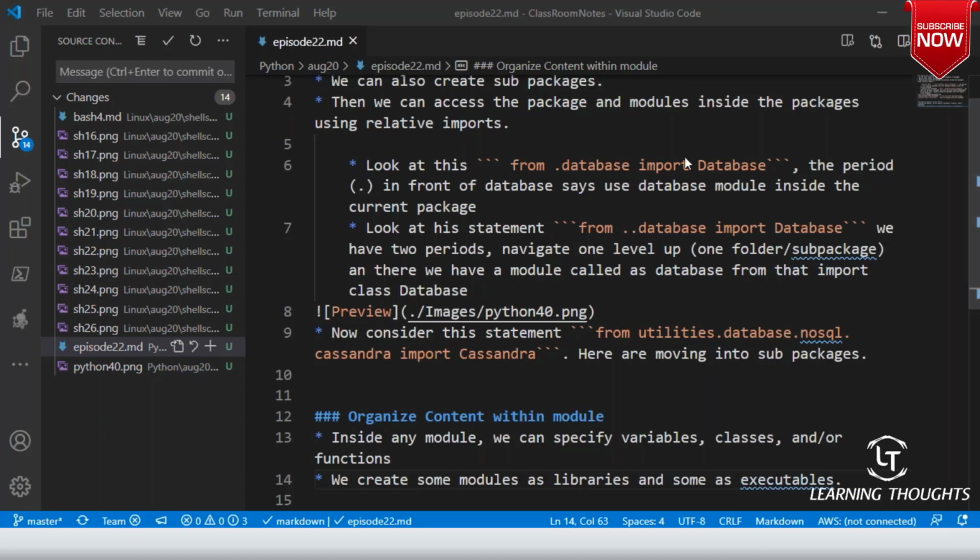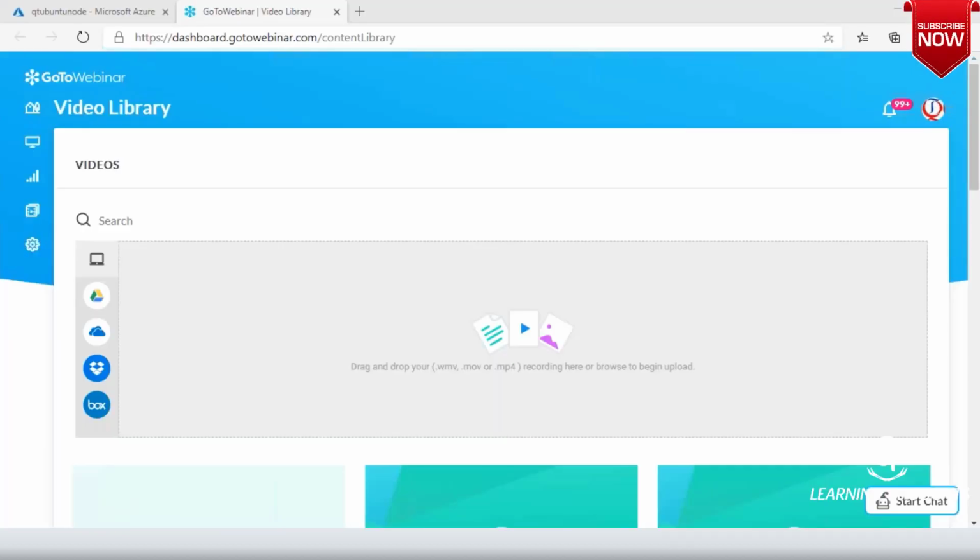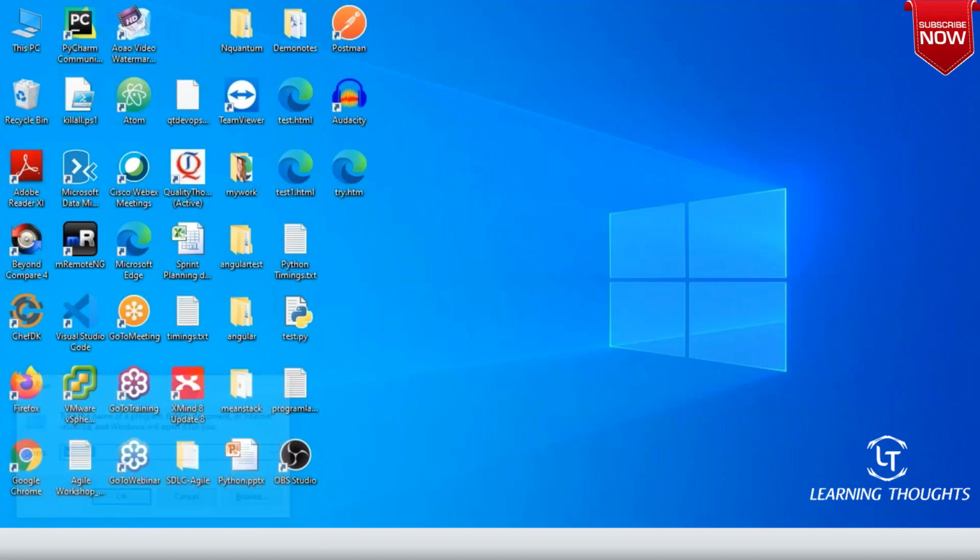For example, you might write a Python file called app.py, and you run it by telling Python app.py. So in this case, app.py is an executable module.